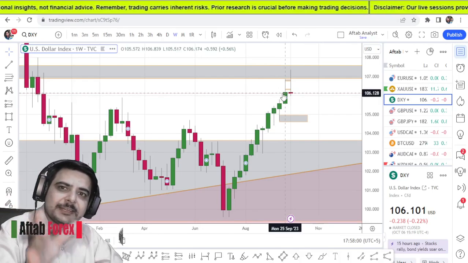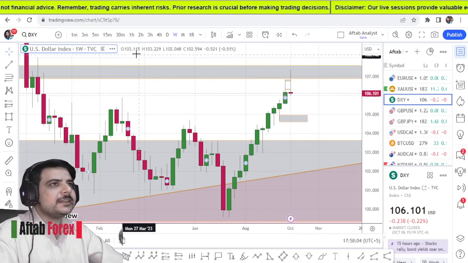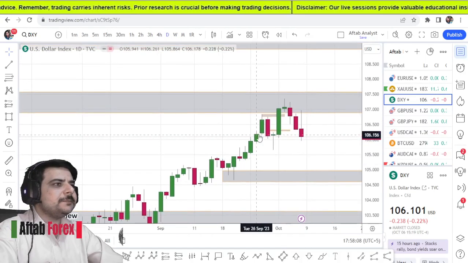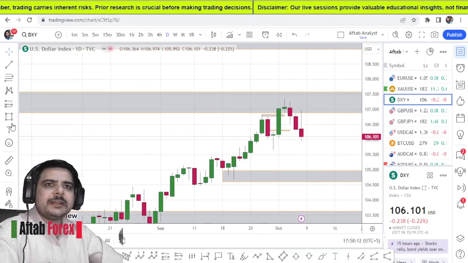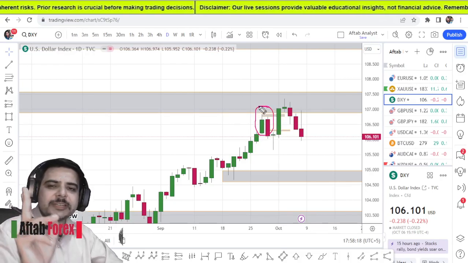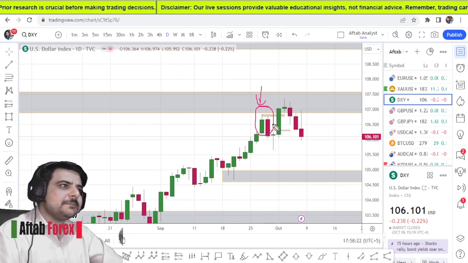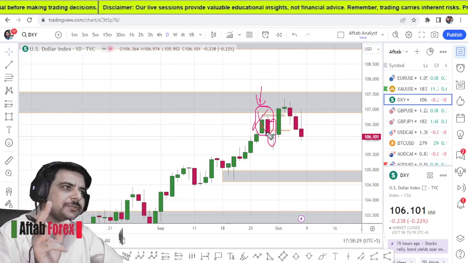And exactly the same thing happened in the previous week. The market took a bounce off from the same level, this bearish engulfing candle. Most of you will remember I discussed this bearish engulfing candle, and I clearly told you don't take any sell opportunities on this one because it is false. And by then we had this candle as well, so I said this is false, don't trade it.